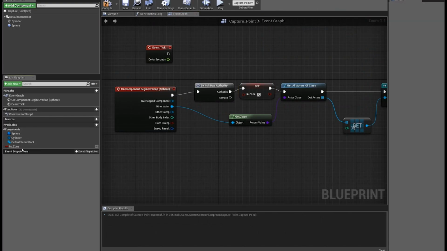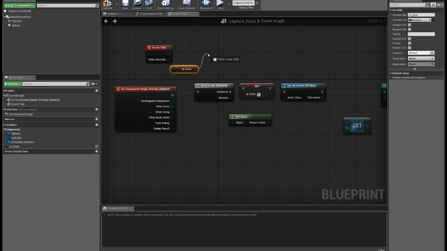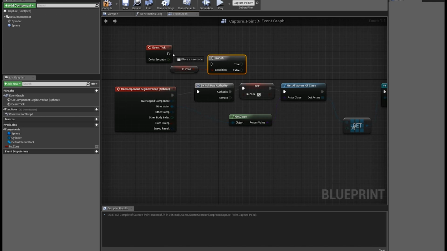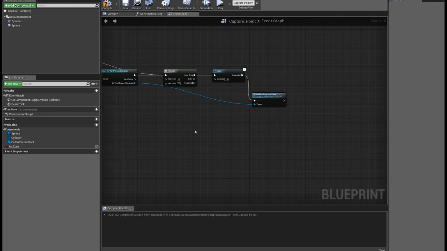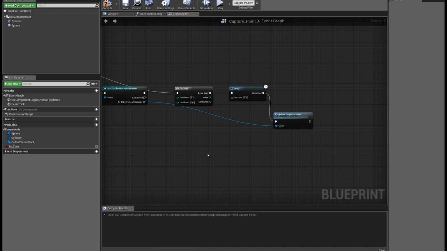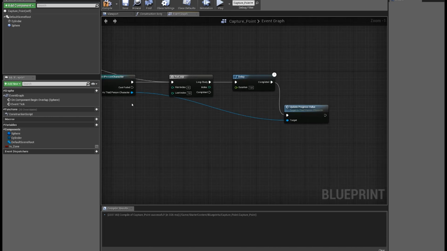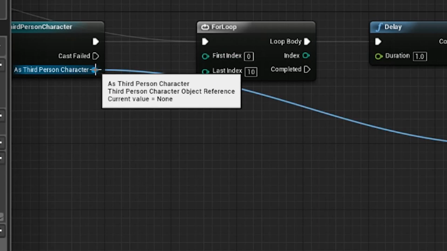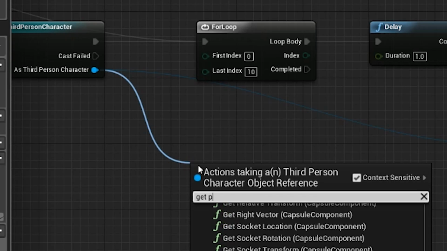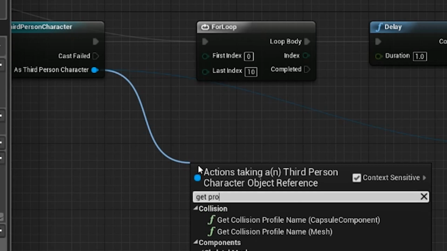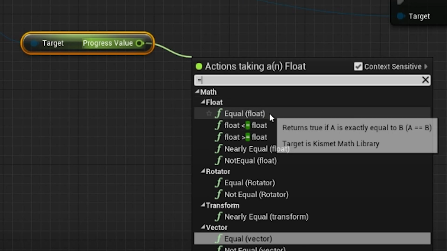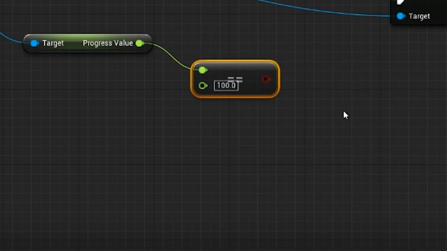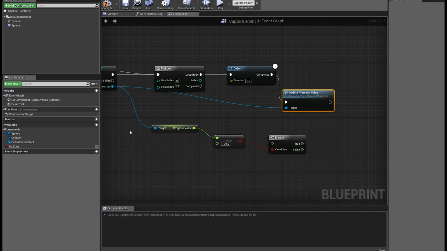And then on the event tick, we're going to check if the player is in the zone. Get in zone, branch. If the condition is true, run the loop. But we don't want the loop running all the time, so we need a check to see have we reached 100%. So from our third person character, we're going to get progress value. We're going to compare it. Is it equal to, float equal, 100? If it is, branch, and we're going to say a new bool,